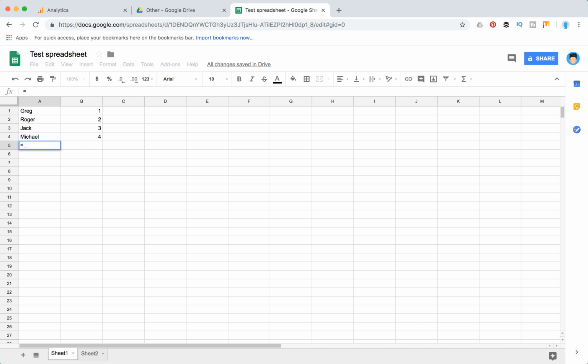this, then sheet name, exclamation point, and your cell number, so A1. And then you got the data from this sheet, this cell. There is also an easier way, so you just